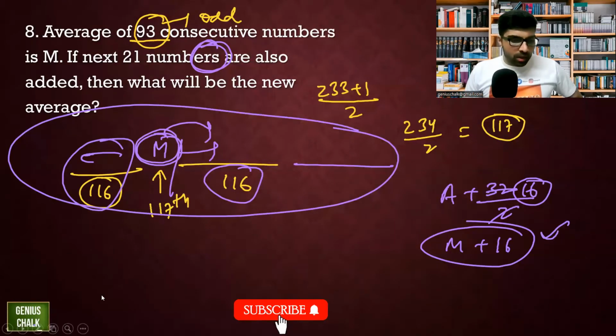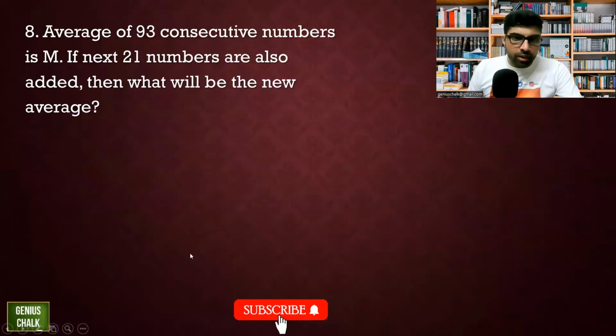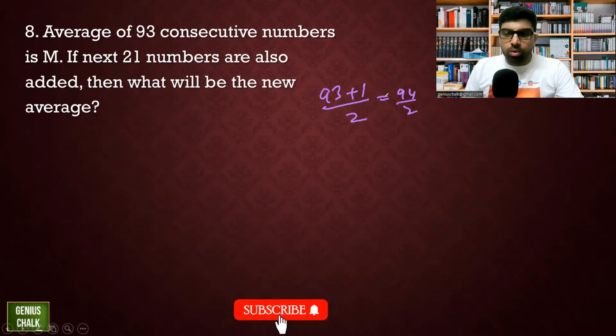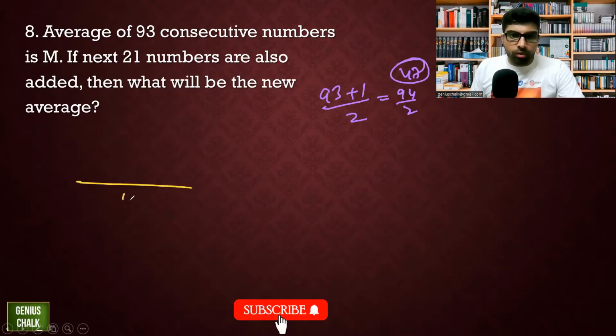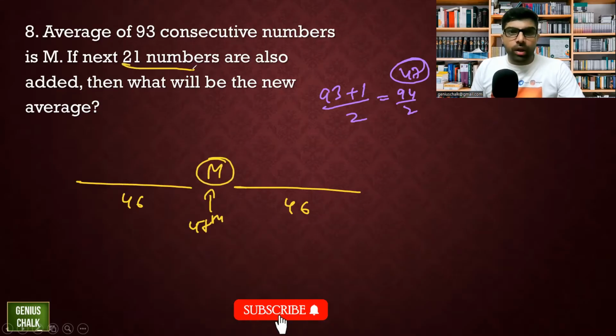All right, next one. If 93 consecutive numbers is M, fine. 93 again, it's an odd number, so the average will be 94 by 2. That is the 47th observation. That means if the average is the 47th observation, leave 46 numbers here, leave 46 here. This 47th observation has to be M. If the next 21 numbers are also added,